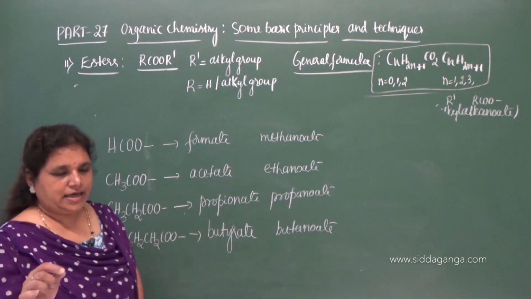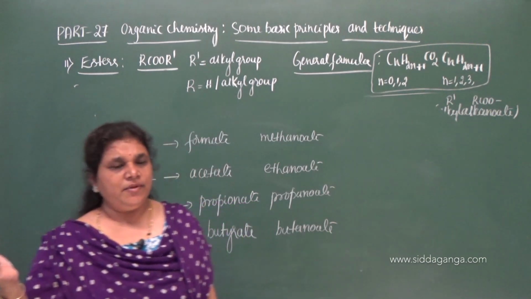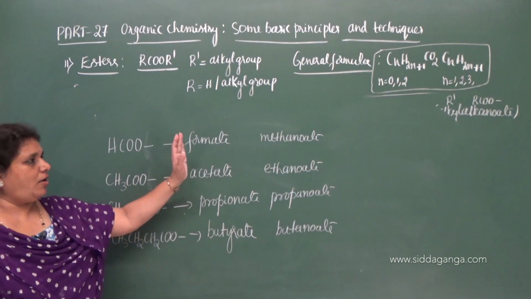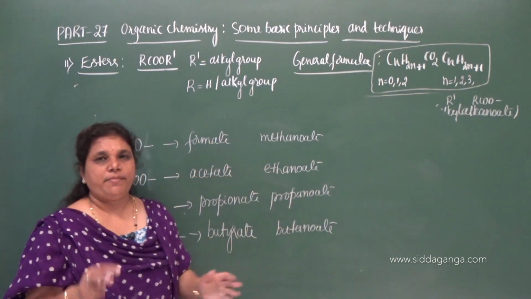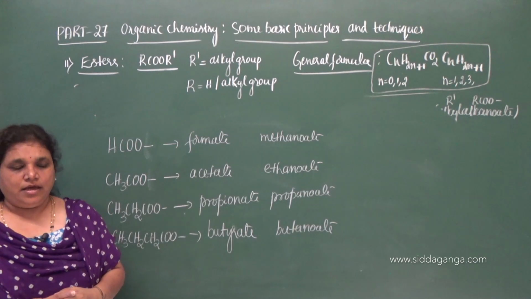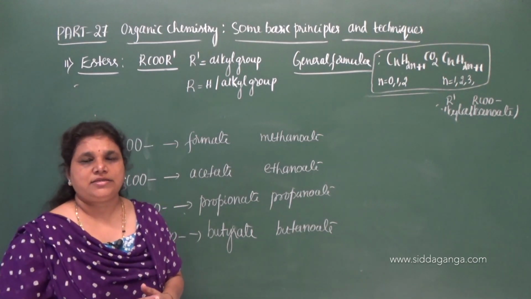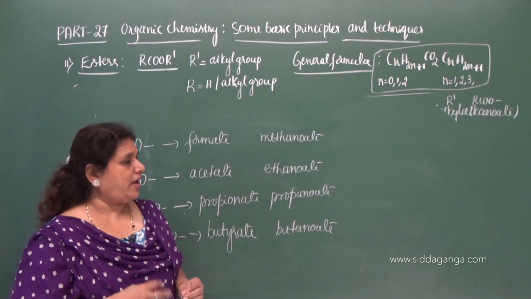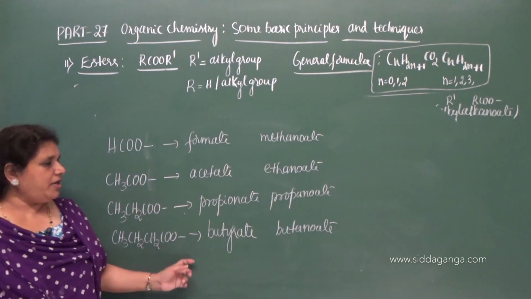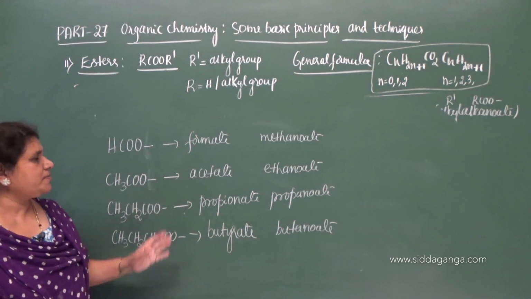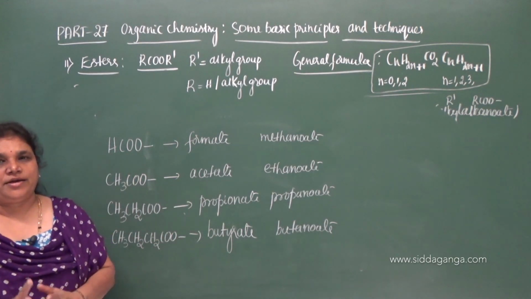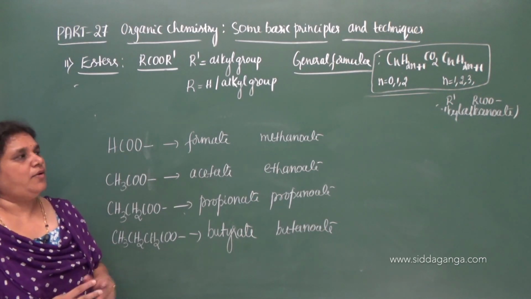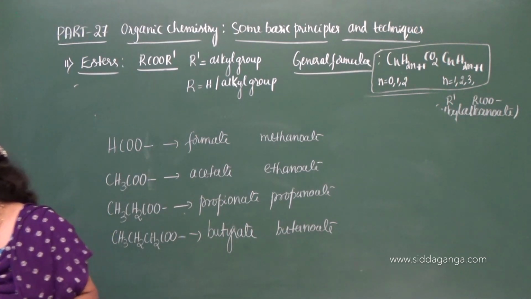So from carboxylic acids, if we remove one hydrogen, we get a group, and such groups can be named by common name and IUPAC name by replacing the ic acid of the corresponding acid by ATE. Then you will get the common name and the IUPAC name of the groups which are obtained after removing hydrogen from the respective carboxylic acids. Clear?